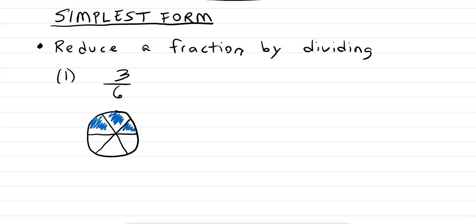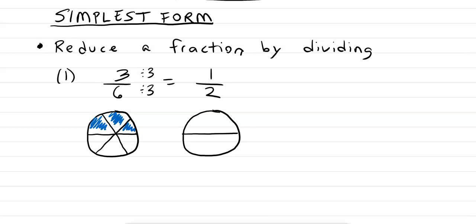Three-sixths is half of that circle. So if you think about it, when I'm reducing this fraction, I can divide both of these numbers by 3, which gives me 1/2. So if I look at a circle again, and I shaded in 1/2 of the circle,